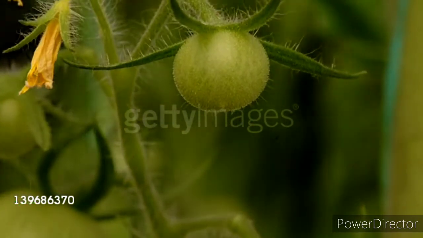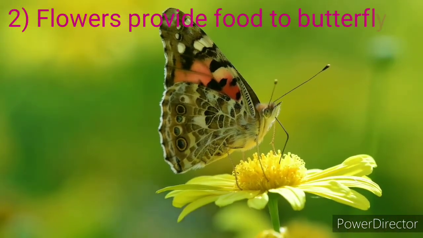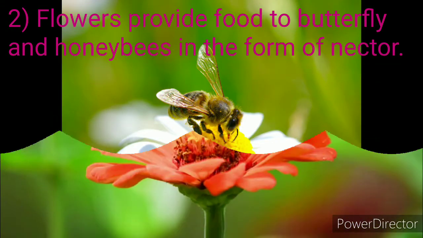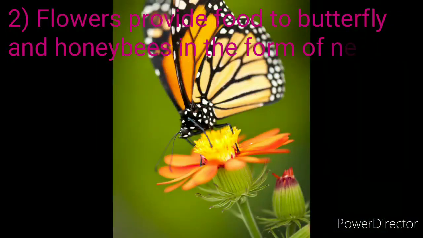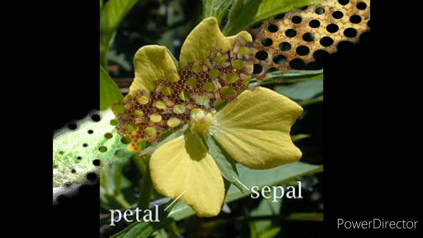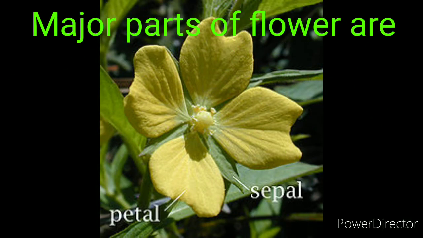Children, the next function of flower is that flowers provide food to butterflies and honeybees in the form of nectar. Here, nectar means a sugary fluid secreted within flowers to encourage pollination by insects and other animals, collected by bees to make into honey. So today, children, we learned the major parts of a flower, that are petals and sepals, and